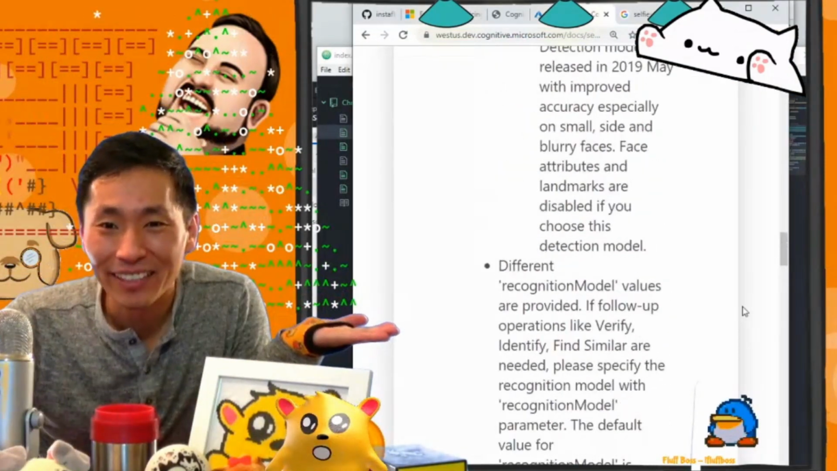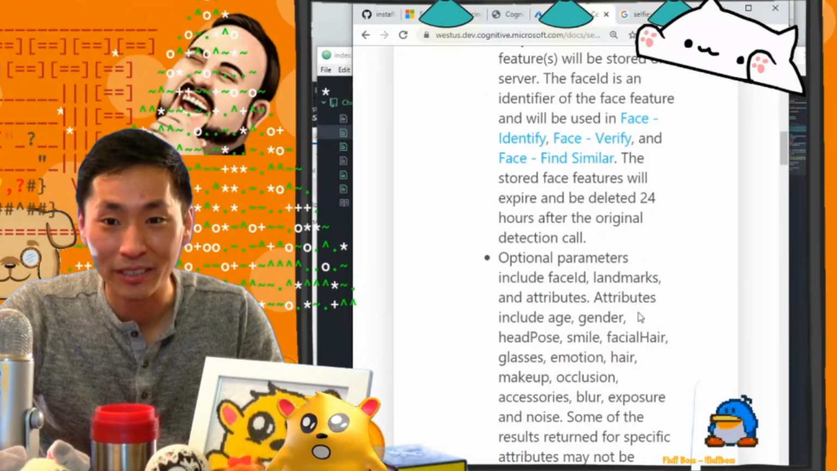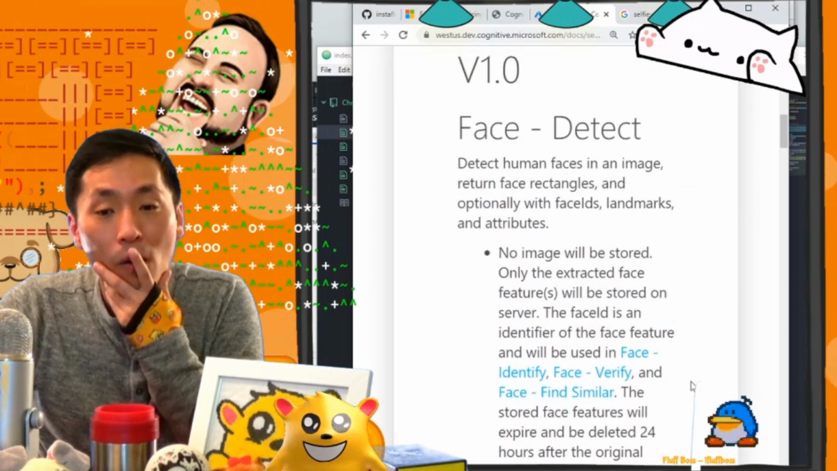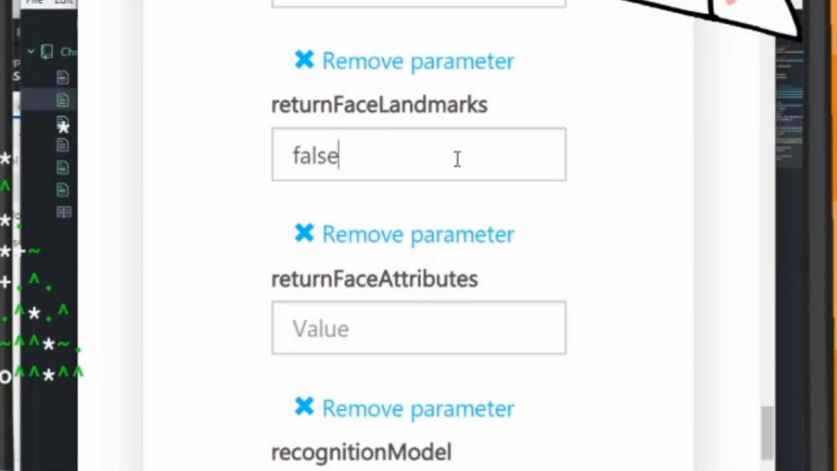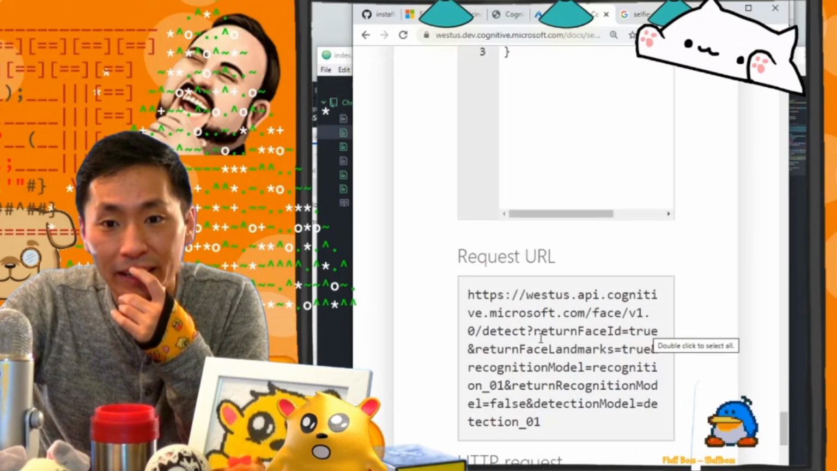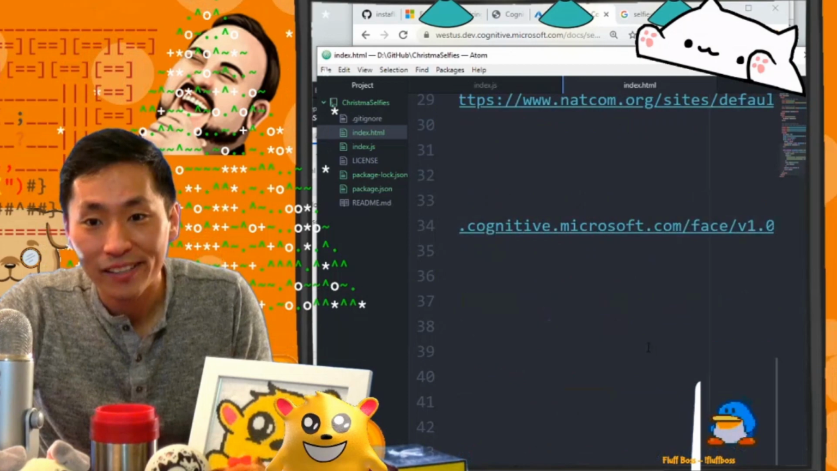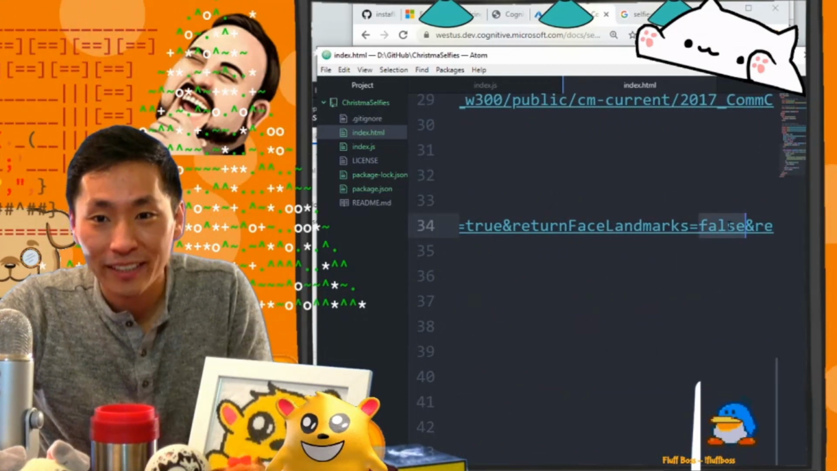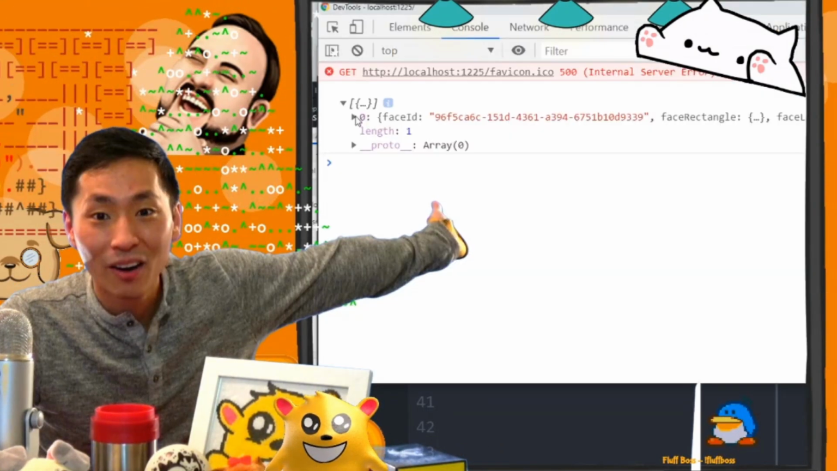Where are all of the other attributes? Optional parameters include face ID, landmarks, and attributes. Oh, you're supposed to set it. Return face landmarks true. Okay, so return face ID, face landmarks true. I was supposed to set that to true. Okay, so if I do landmarks true, oh,